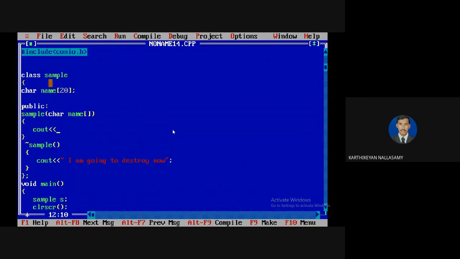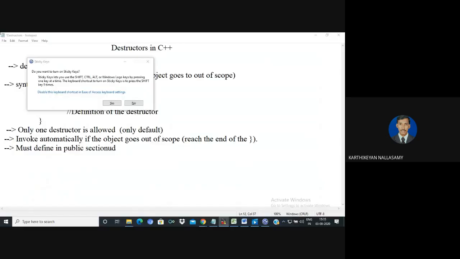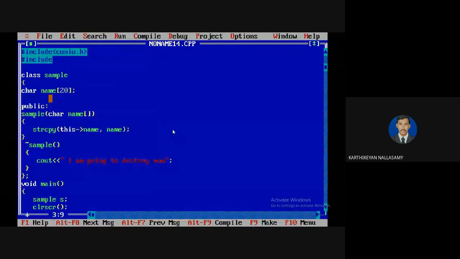You know that for a unique user, everyone has a unique name. So in one system, if you are using an application, it must have only one name at a time. So I am going to copy from the local variable name to the instance variable, that is called the data member. But for that, it is a string concept, so we need string.h. Include string.h, so that instead of this, here I'm going to print the name.